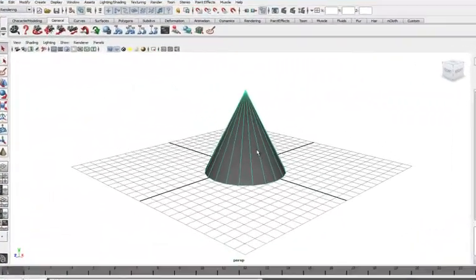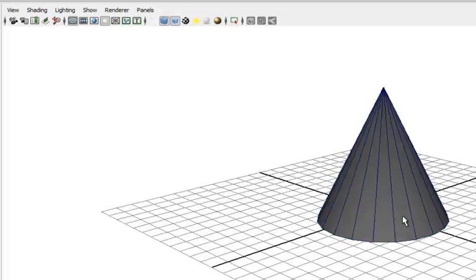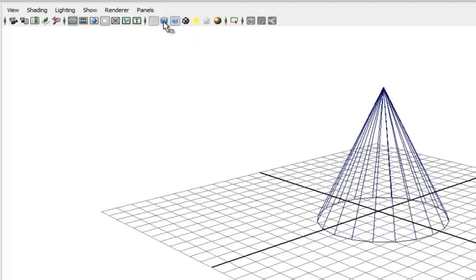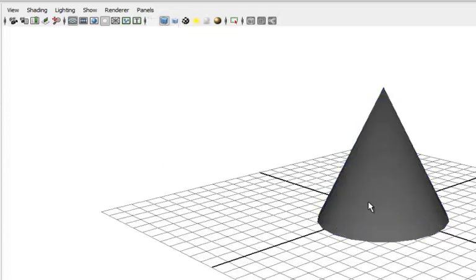Okay, in this video we're going to talk about some things that we've actually used but not really spent much time talking about. The image here, when you select and unselect, you've got these wires that show up, and this is actually wireframe on shaded. But we can get rid of the shaded part to just leave wireframe like this, and we can turn it back on. We can get rid of the wireframe and just leave this shaded,